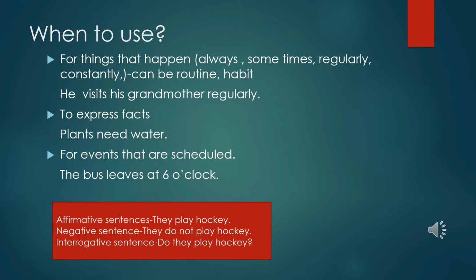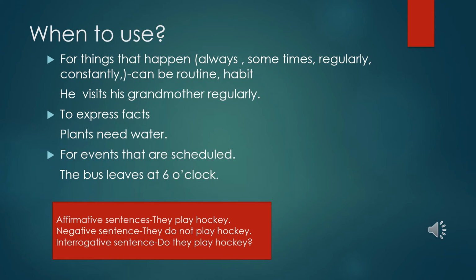If you observe this sentence carefully, you can see that the action has not been completed. The action is going to take place in the future, like the bus leaves at 6 o'clock. Though it is in present tense, we use the present tense to indicate a future action if that action is planned beforehand. Like the Commonwealth Games begin next month. Again, here I use the simple present tense because that action is already planned.